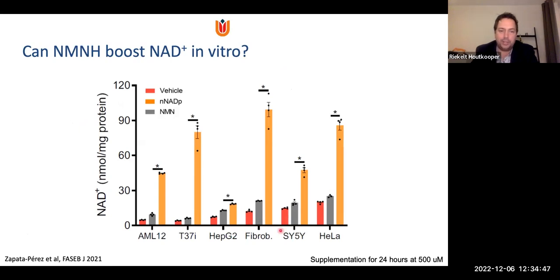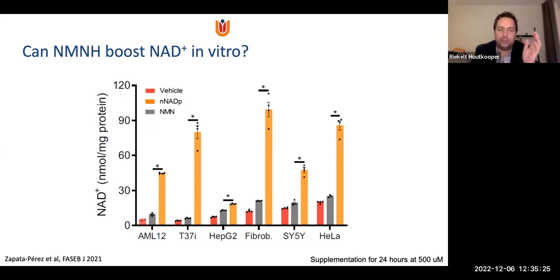exposing different cell types. AML12, a liver cell line. This is an adipose tissue cell line. Again, a liver cell line, fibroblasts, a neuroblastoma cell line, and HeLa cells. He exposed each of these cells to either NMN, so I would say the old-fashioned NAD precursor, as well as NMNH. I don't know why we have this old abbreviation. It was a secret abbreviation at the time. So he exposed them to NMNH,